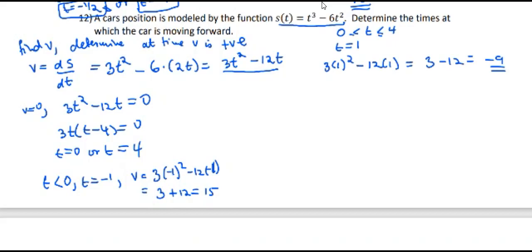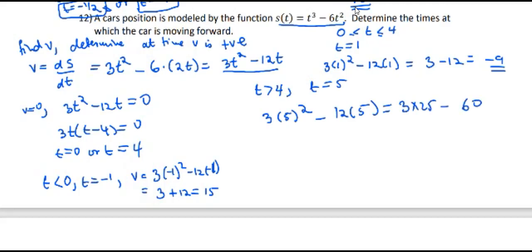So let's check when t is greater than 4. For example, when t equals 5, our velocity is 3 times 5 squared minus 12 times 5, which is equal to 3 times 25 minus 60, which is just 75 minus 60, or 15. So our velocity is 15, which is positive. So the only answer that makes sense is to say the car is moving forward when t is greater than